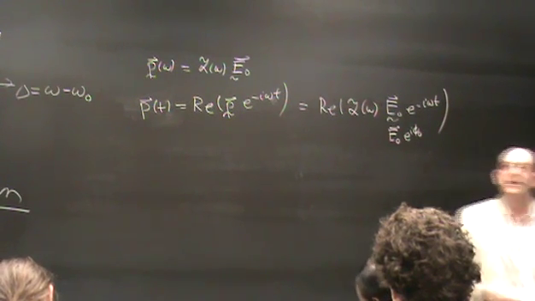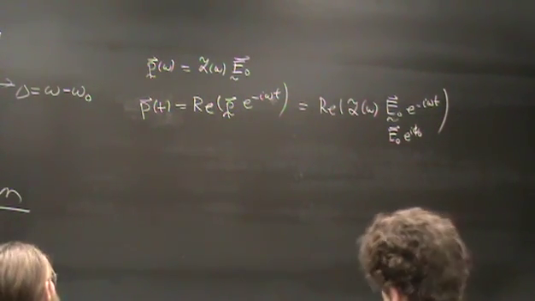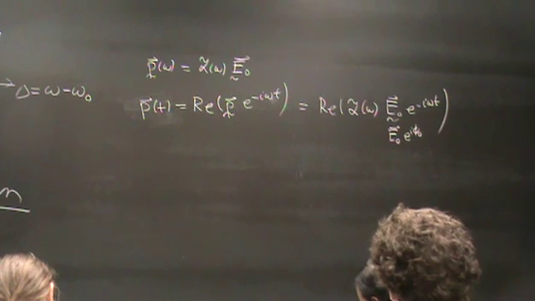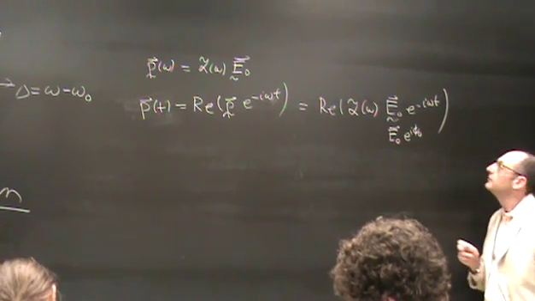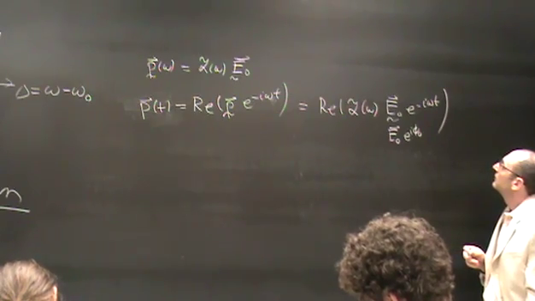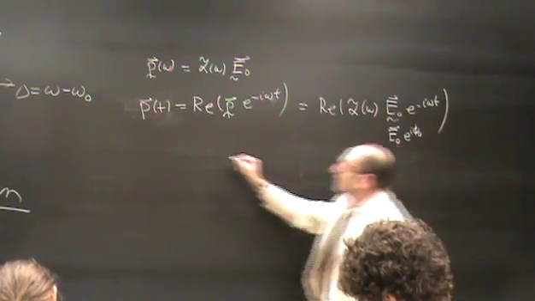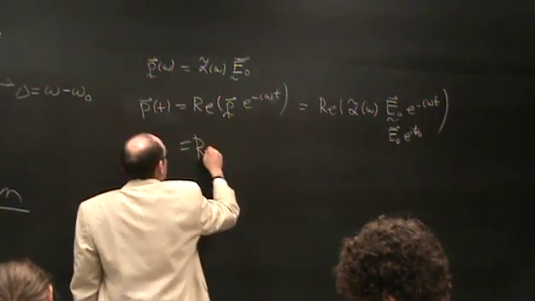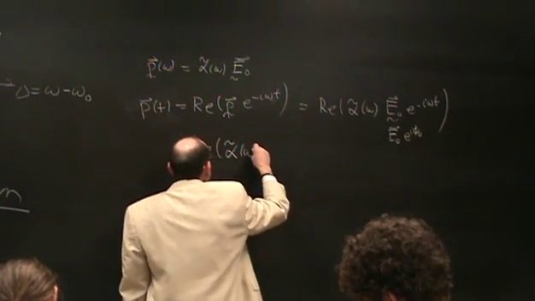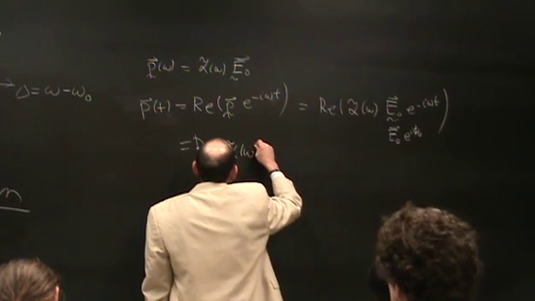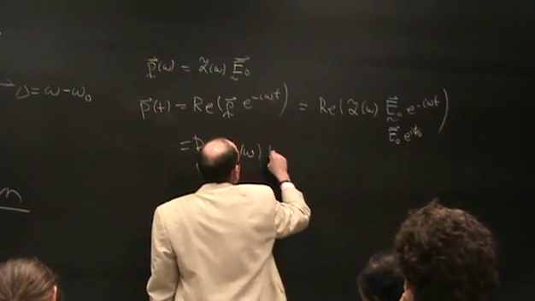Let's assume it's linearly polarized, so that E0 is a real vector. So this then says that my induced dipole moment is equal to